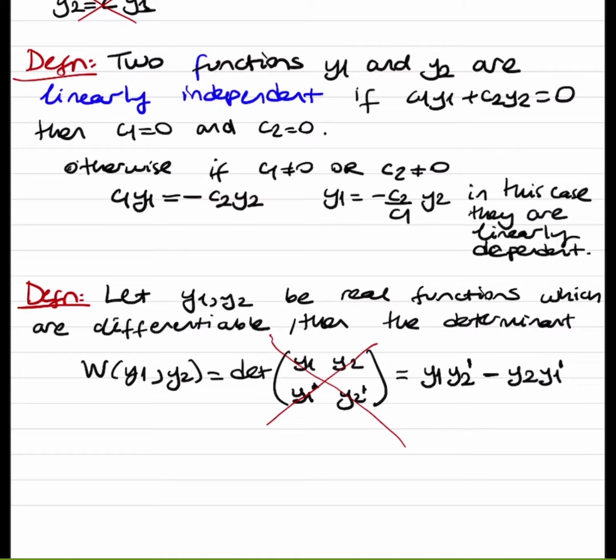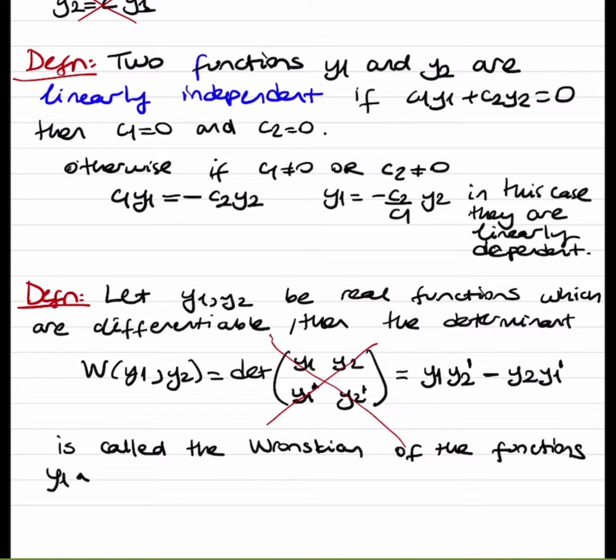So this determinant is called the Wronskian of the functions y1 and y2, because we have something nice. If this Wronskian is not equal to 0, then we say that the two functions are linearly independent. So we have a nice theorem. We will not prove it here, but